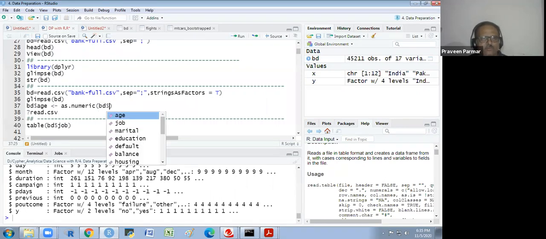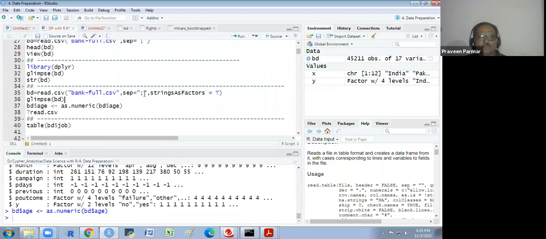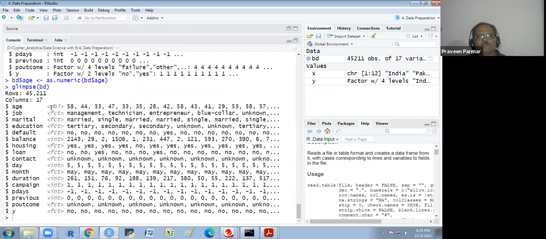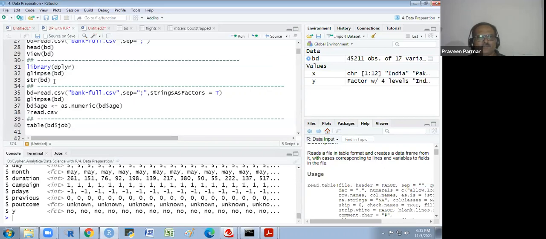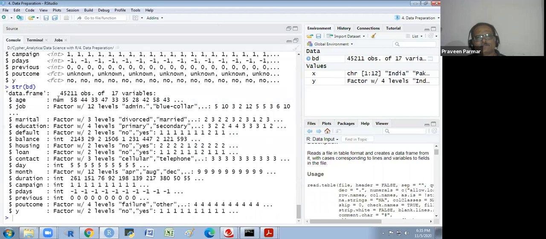Now I will show you the glimpse. What am I getting here? Double. But if I run the structure, see what I get instead of integer. What is the difference?